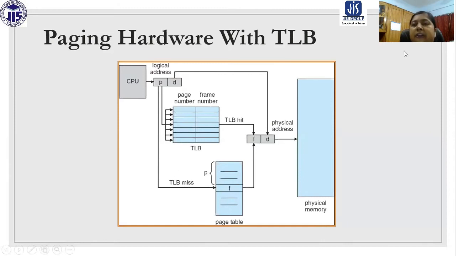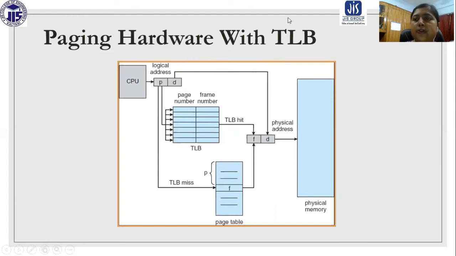In case of a TLB miss, we search again in the page table, get the corresponding frame number, and then the offset is added. So in case of a TLB miss, you follow the previous procedure, and in case of a TLB hit, we follow this procedure.